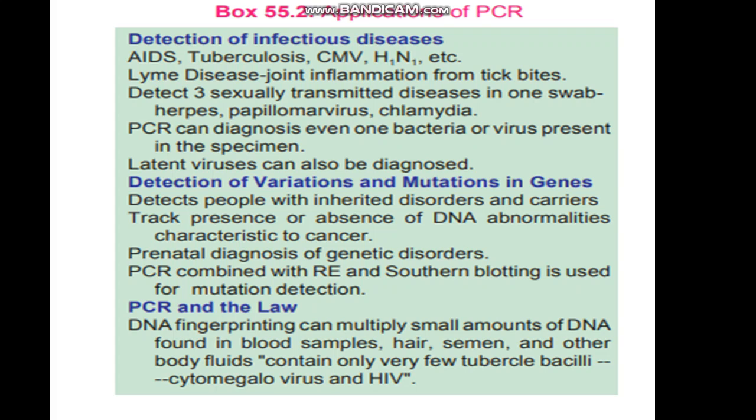The fourth use is cancer detection. PCR is widely used to monitor residual abnormal cells present in treated patients. After treatment, how many cancer cells have been left? Similarly, identification of mutations in oncosuppressor genes such as P53 or the retinoblastoma gene can help to identify individuals at high risk of cancer.